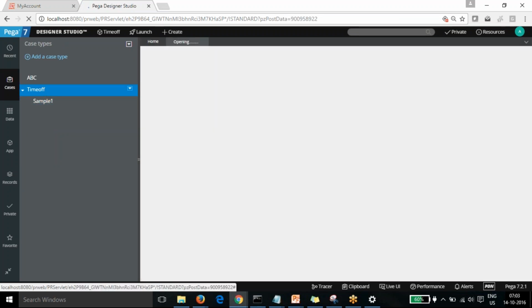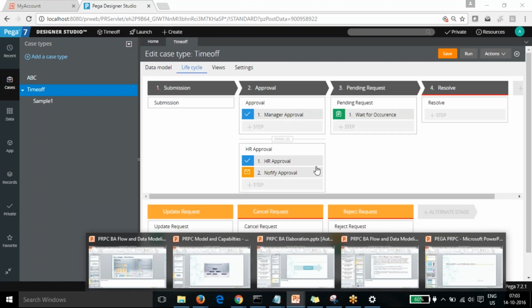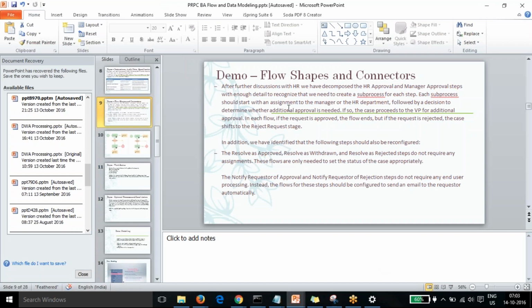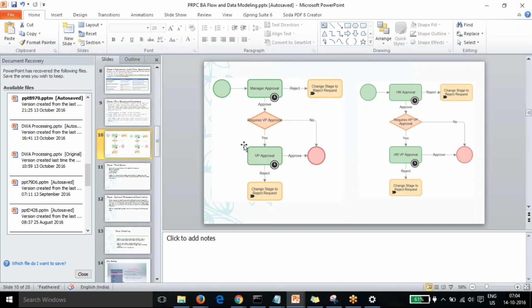So now I want to show you one more thing. Yesterday we saw only one example. Today, if you see the approval one, we discussed with the HR team and the DSHO, and they say that along with the HR manager we need a VP approval as well for some types of leaves. Currently we manage that in a single approval shape, so we are going to change that. Do we need more approvals or not? So the diagram we are going to change in this way.